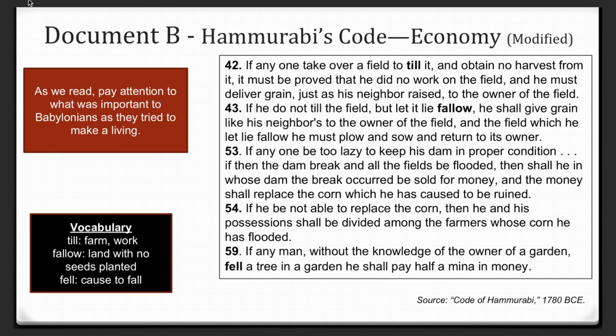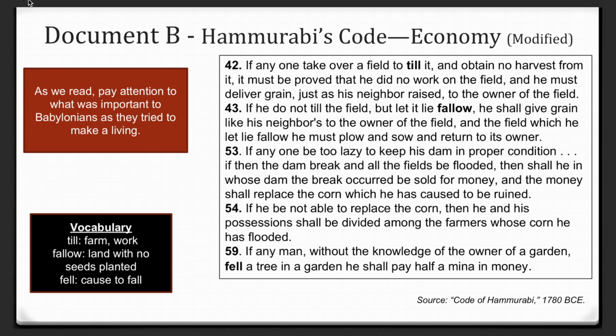Again, we've got some key vocabulary in the left corner: till, fallow, and fell. I'm not going to go through this one with you, but I do want you to know what you can tell about the economy, and that's going to be important for the exit ticket today. So, coming again from Hammurabi's code,